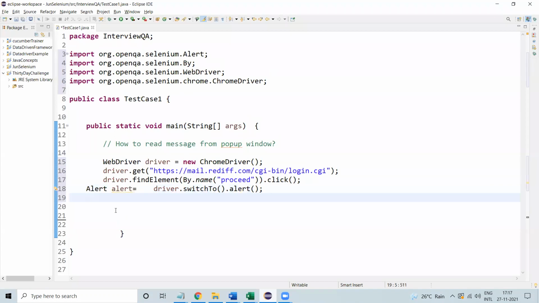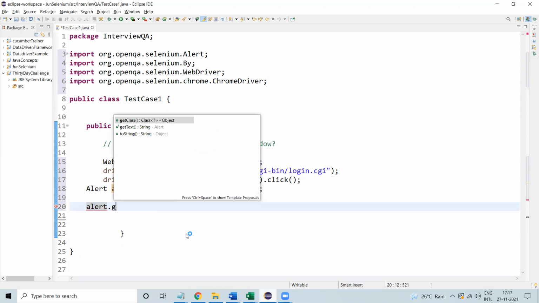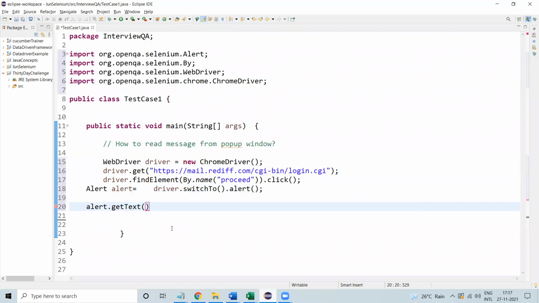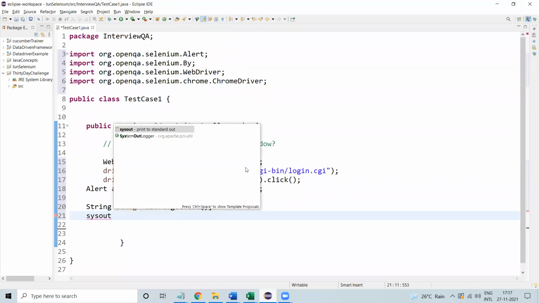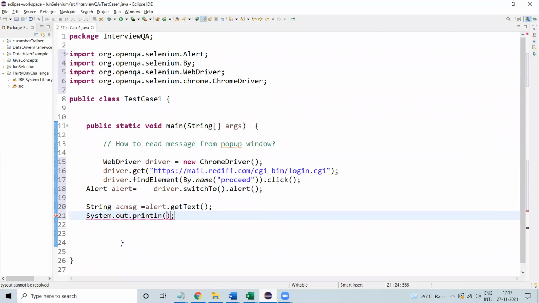For that, using this reference variable, alert dot get text. Get text returns a string, so I'm going to store it in a string. This is the actual message. I just want to print this actual message.